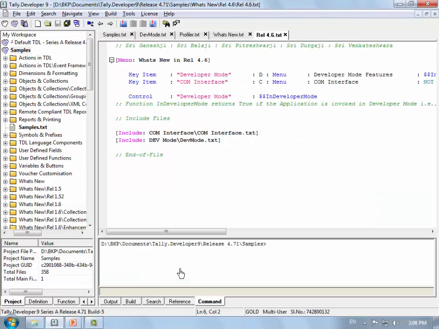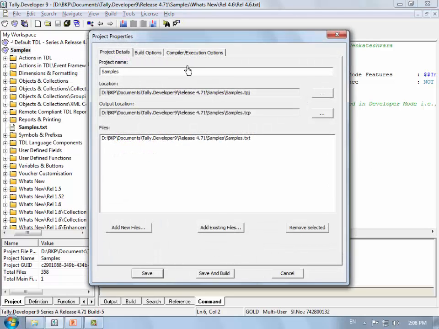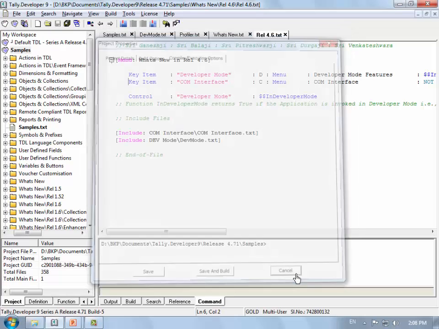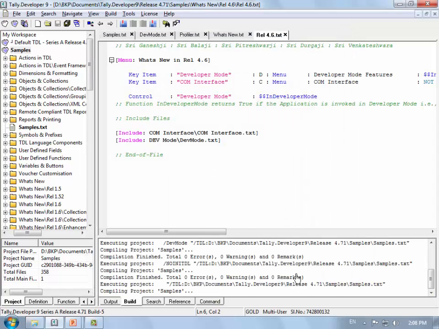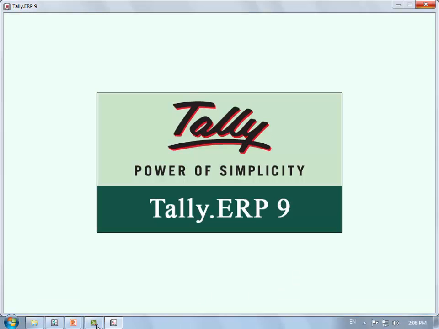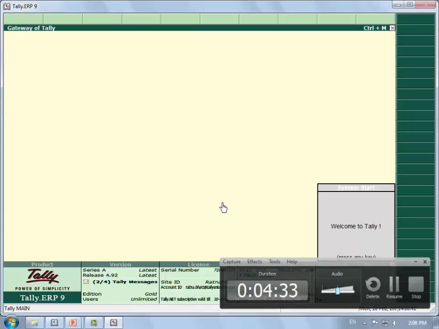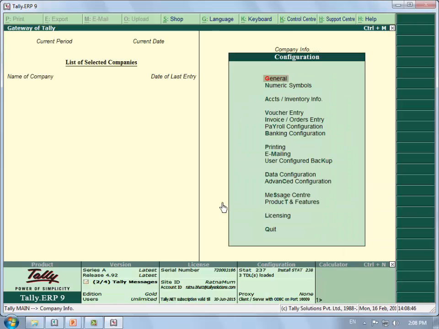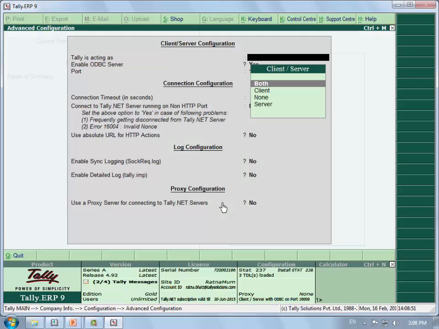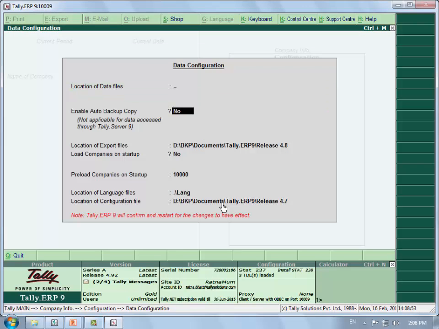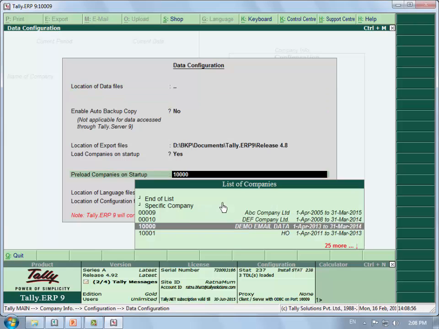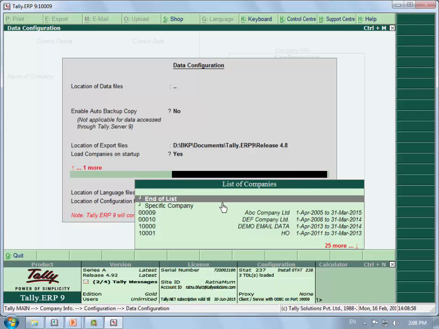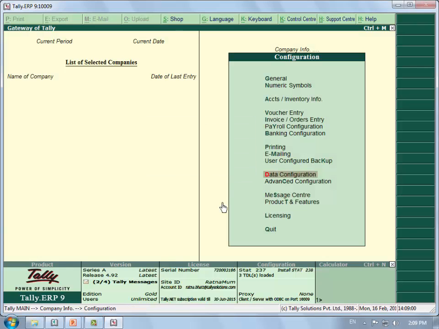Say when you have executed Tally, let us just give this change. Properties. Okay. By default, say at data configuration, you have provided a company to load automatically.